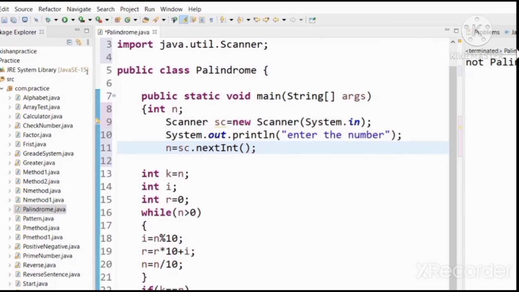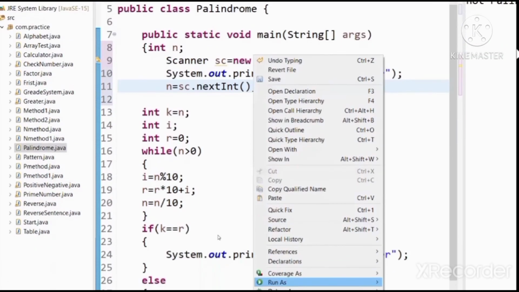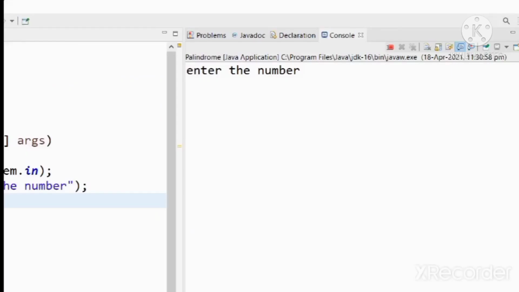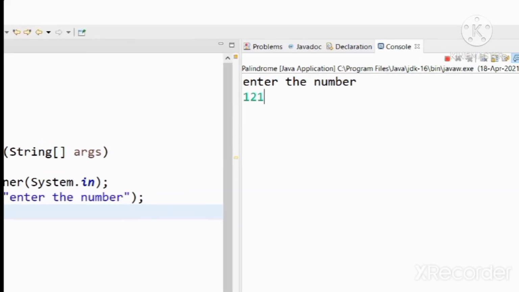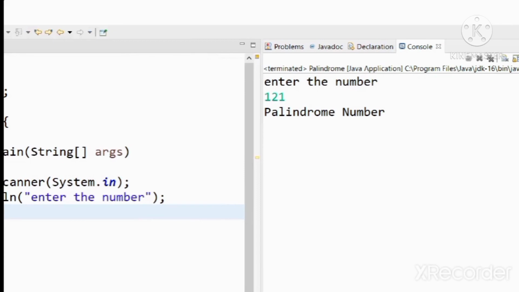So now we try to run my code. Here you can see we get a message, enter the number. If we enter a number like 121 and hit enter, then we get a message palindrome number.